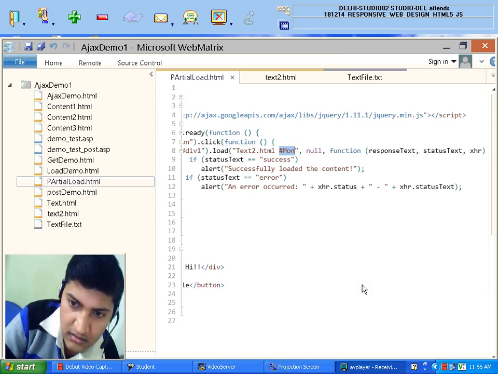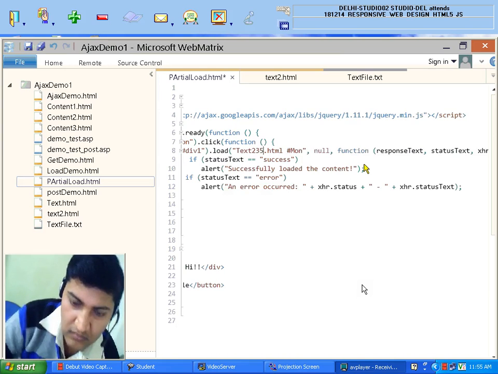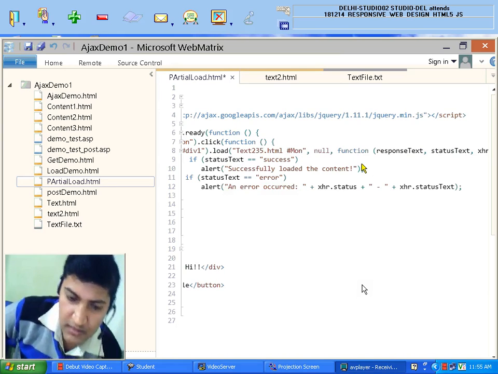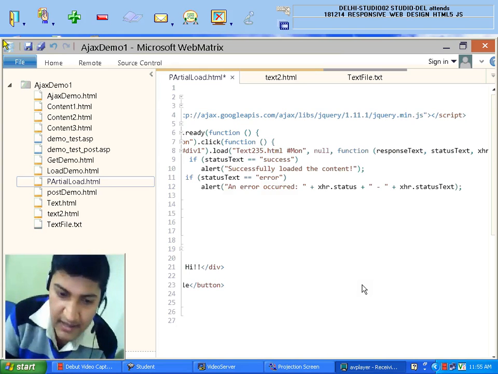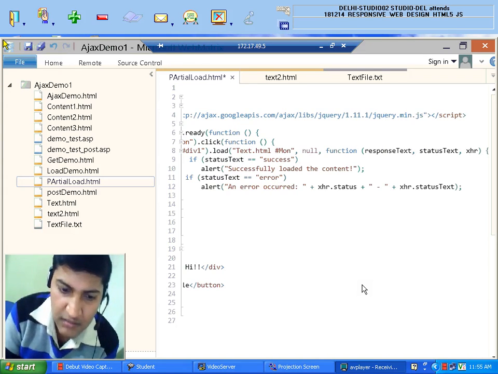Yeah, of course, because that time it will terminate. Of course, you can see when I'm writing this, the name of the file is not available on my server. So it will give me the message that there is an error. So, sir, the function is an error handler. It means if the function is going to display an error, the load method will not come.